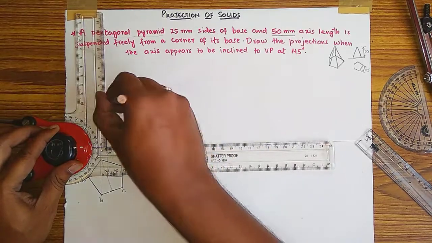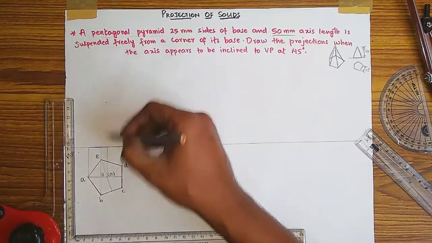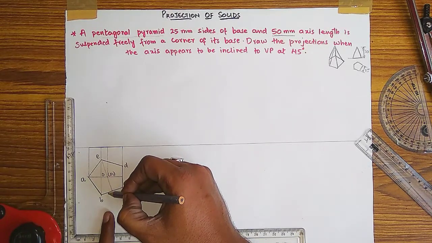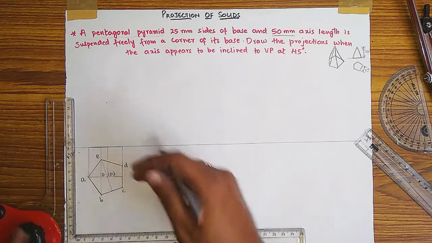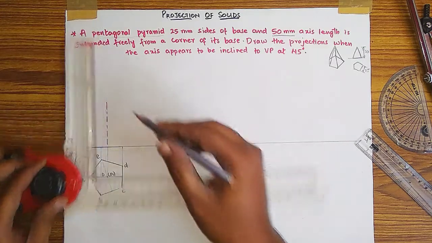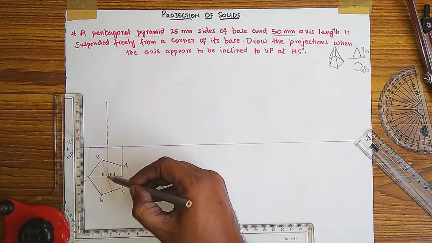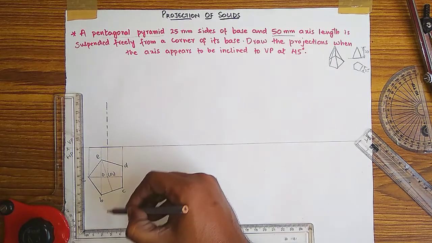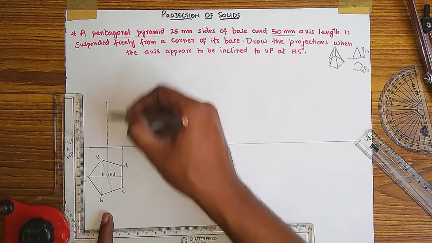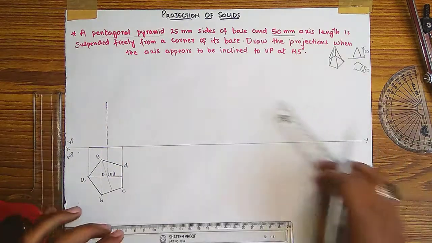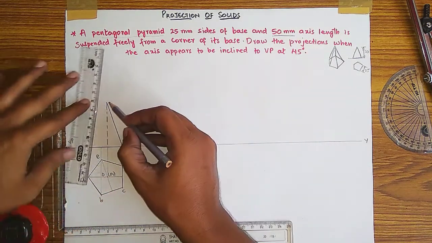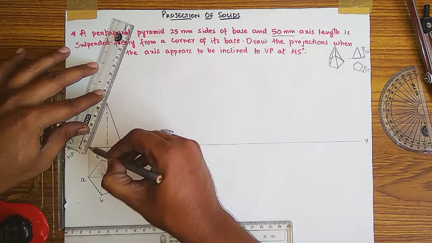In the question, 50 mm is given in total. Before drawing this axis line, first you have to see whether there is any point before O. If there is no other point, you draw the axis line like this. Otherwise, if any point is there, exactly straight from here, you have to make the axis line dark. Now after drawing your axis height, you have to draw the slant edges for the pyramid. These lines are called slant edges.